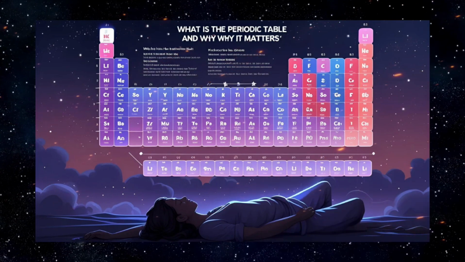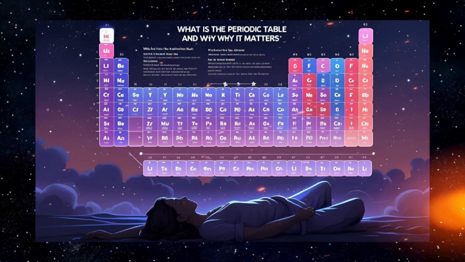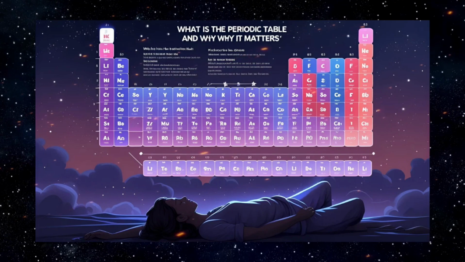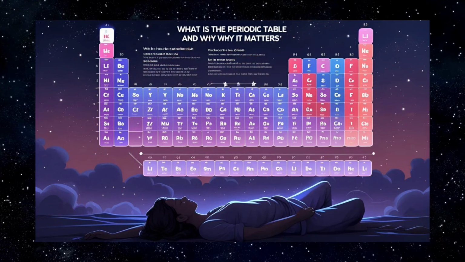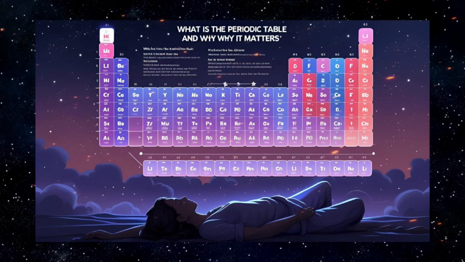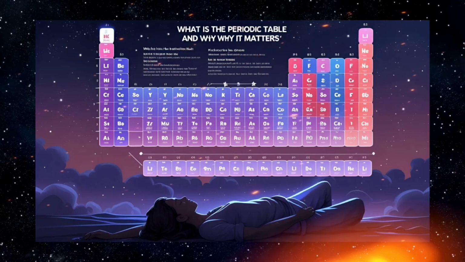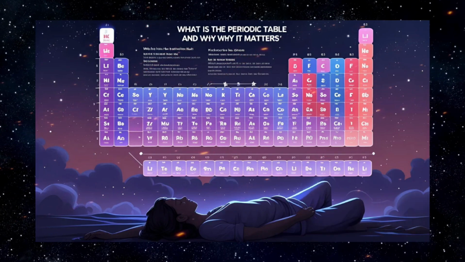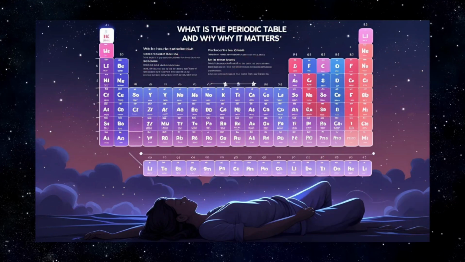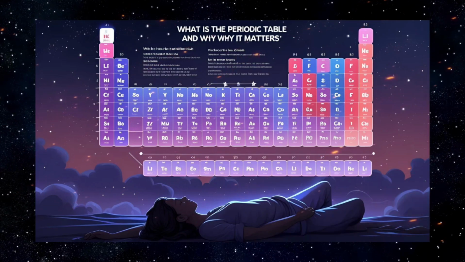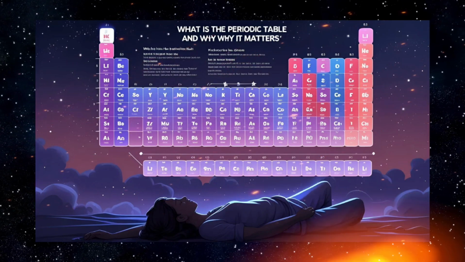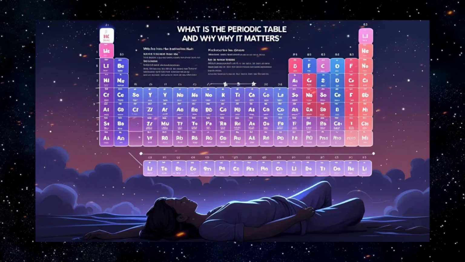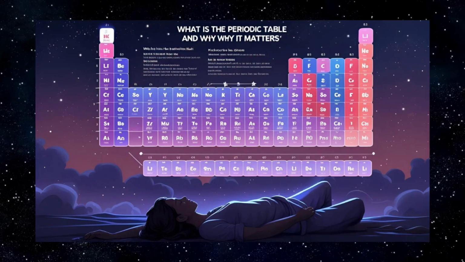Metals make up the majority of the periodic table. Found primarily on the left and center, they include familiar elements like iron, copper, aluminum, and gold. These elements tend to lose electrons easily, forming positive ions. They are generally solid at room temperature, with the exception of mercury, and they are known for being good conductors